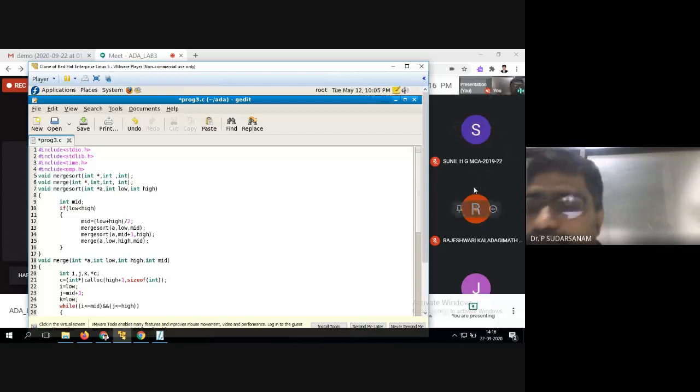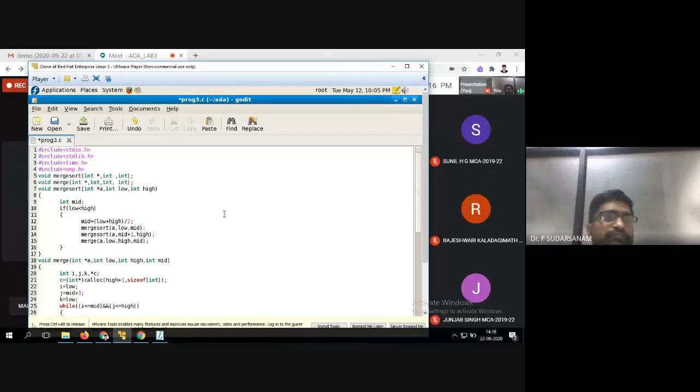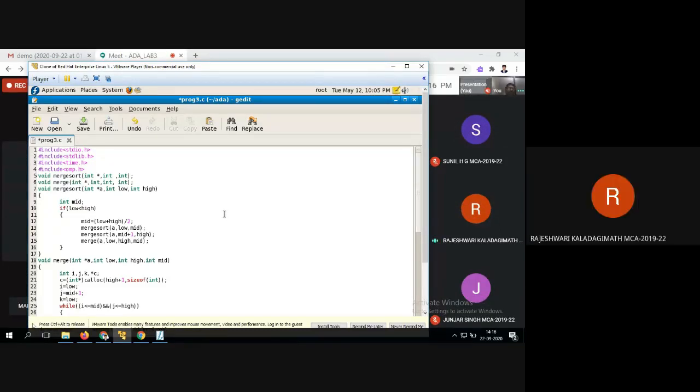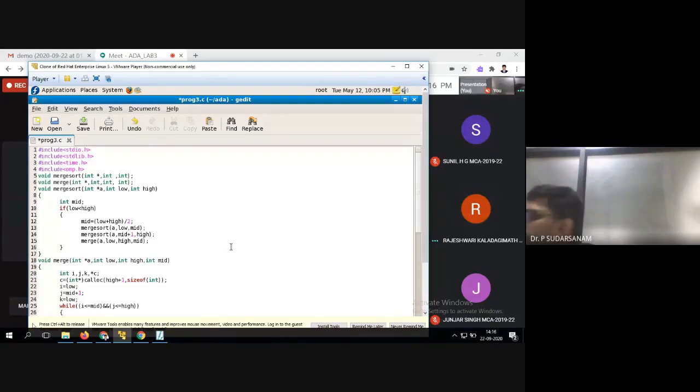Right. So now, Rajeshwari, you have written the code now? Have you copied it? Yes, sir, whatever I told. Now, the first function is what I told, merge sort. So now can you read this function?